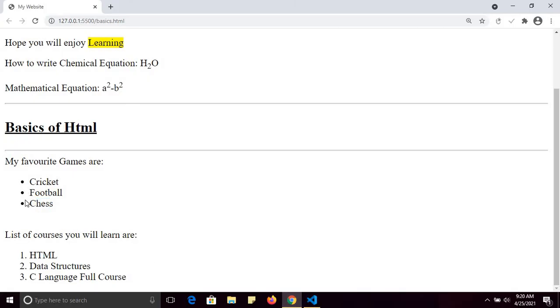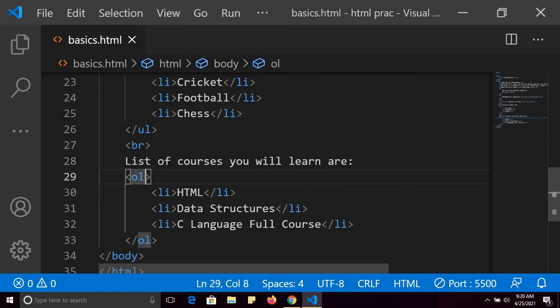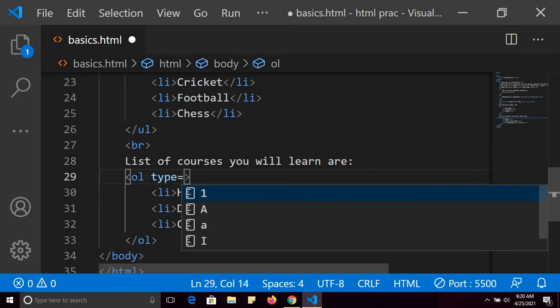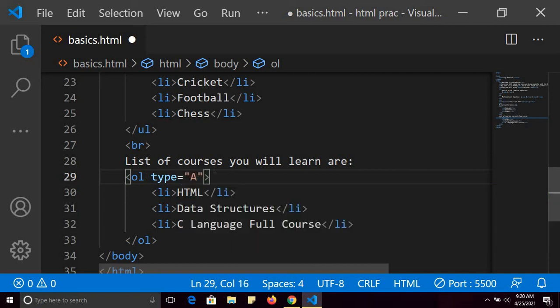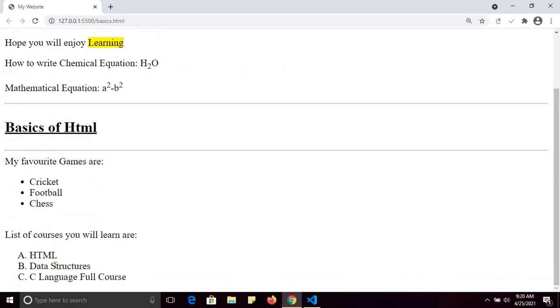See the difference in the unordered list and ordered list. This is the unordered list and this is the ordered list, and here you can see the output in 1 2 3. And suppose I want, let me first write, you can use type, OL type equals to, and suppose I am using A, and let me save and show you the output.